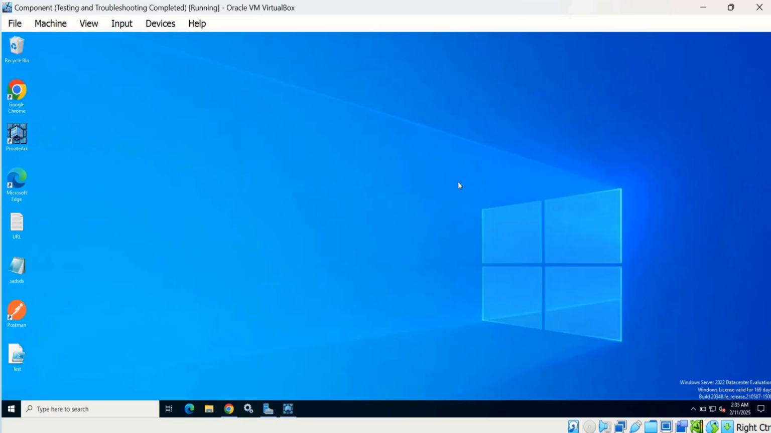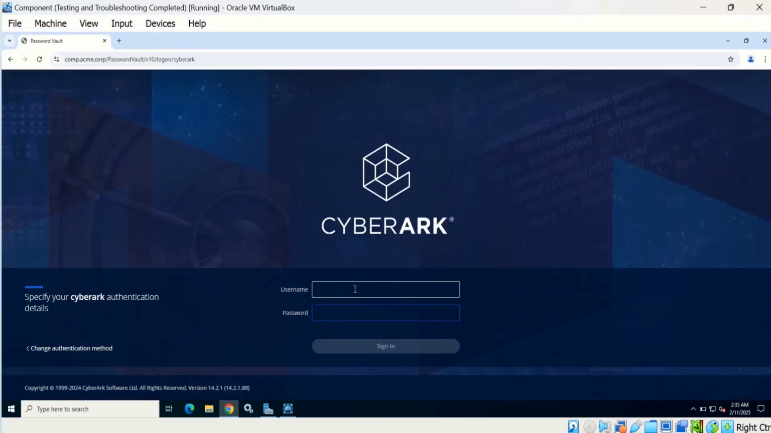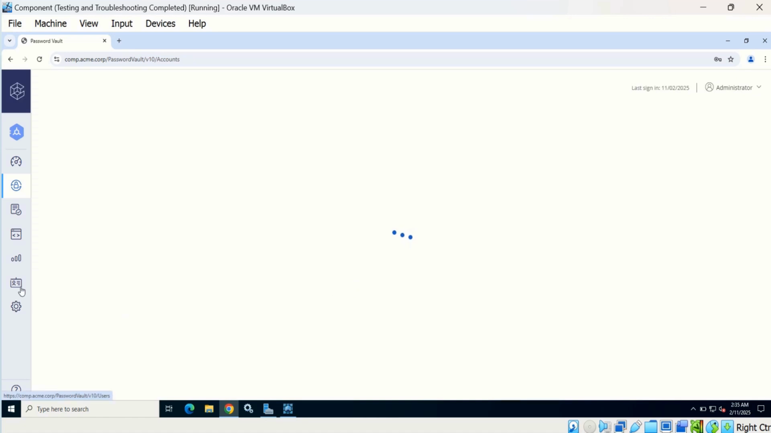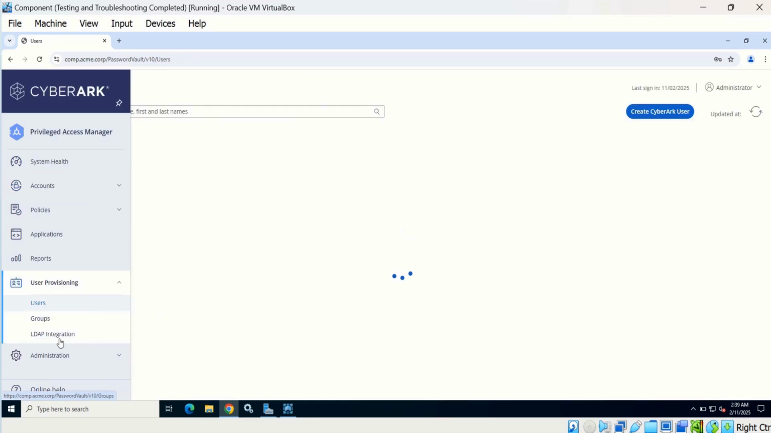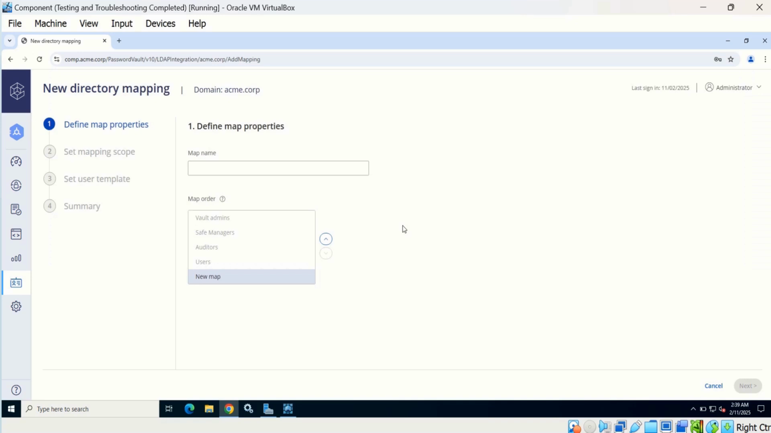In addition to predefined mapping, you can create custom directory mapping via the wizard in PVWA. Open PVWA, use CyberArk authentication, enter credentials. In user provisioning, select LDAP integration, then click on add mapping, select the map name,